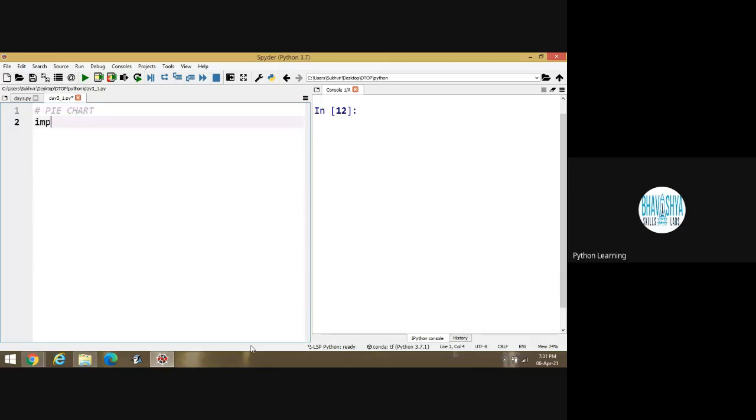Suppose I am writing here the starting point, import matplotlib.pyplot as plt. If I ask one question to all of you, what is the meaning of import? Any student? Importing predefined packages.